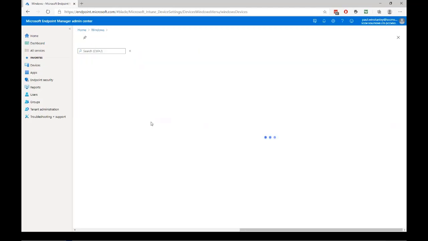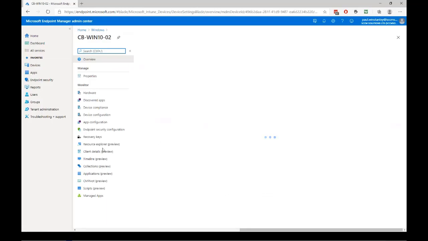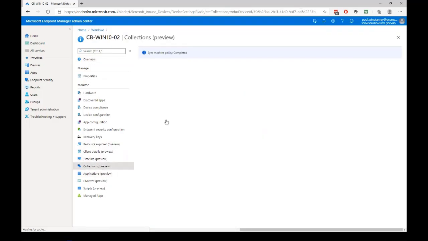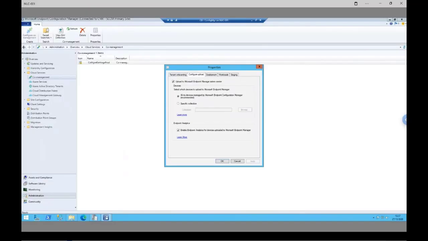Now, because I've clicked through, as you can see, you've now got these extra tenant attach features, and as I said earlier, this is all around help desk scenarios and that sort of thing. To give you an idea of the comms flow, if I click on collections preview, that's going to start churning away here, and if I flick back to my lab and open up the admin service log,